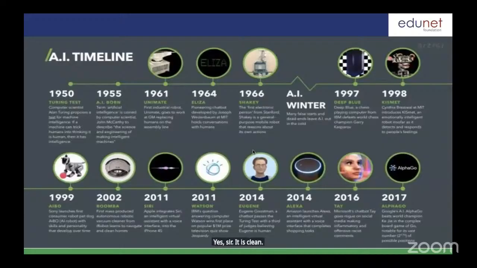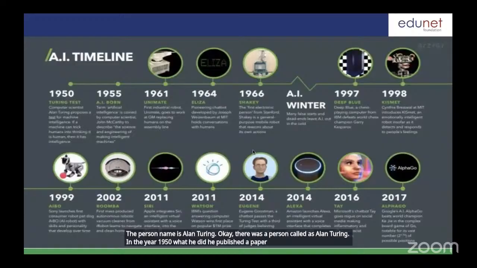Okay. The person's name is Alan Turing. There was a person called Alan Turing. In the year 1950, he published a paper. In that publication, he mentioned, can a machine